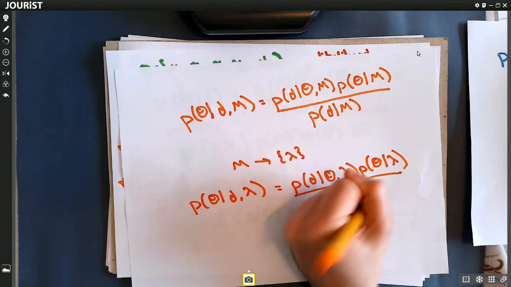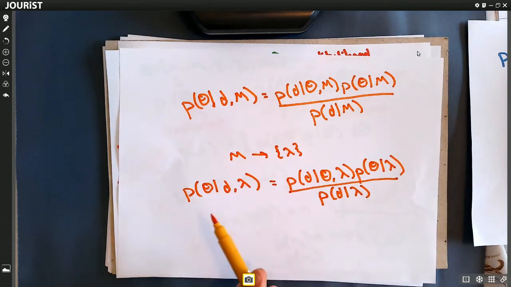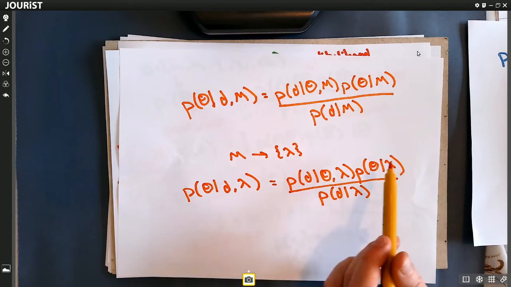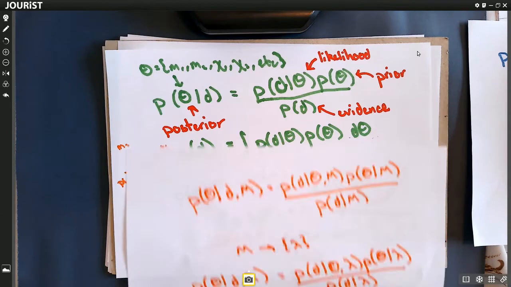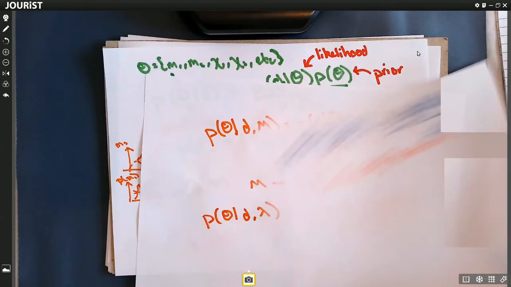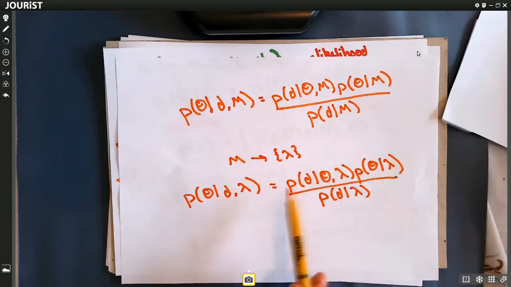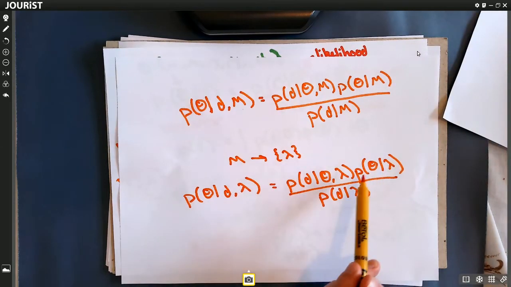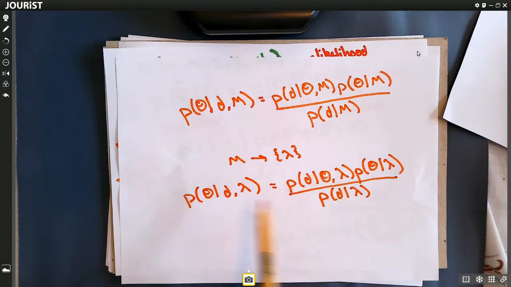So if we wanted to, we could calculate this posterior distribution one at a time for each value of lambda. So we could put in one particular realization, so one particular value of the power law, the mean, calculate this posterior distribution, putting in a different prior. Then we could try another one and another one and another one and get many different posterior distributions. Okay, I've got a question here.